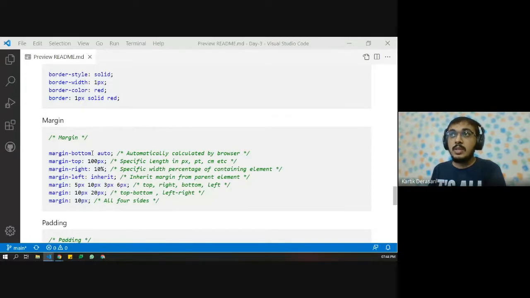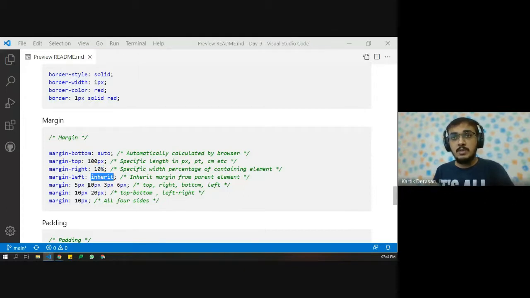For an example, this is the element, and if I want to add this much space below the element, then we will use margin bottom. We can define margin bottom using pixels, using percentage, or we can also inherit.